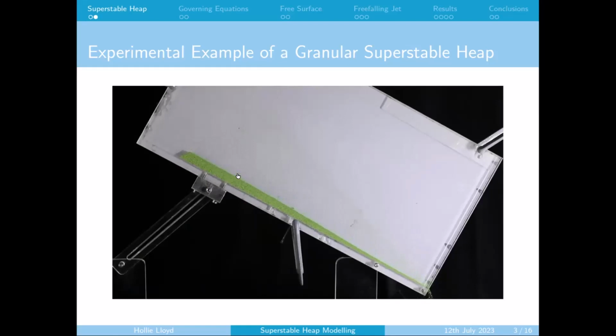So the reason that we've been interested in this system is that at the minute, nobody has been modeling the entire time-dependent physical system, because there's no analytical solution. And other numerical methods are just too computationally expensive to try and do something like this. So we wanted to see if we could do it with our continuum model. So to begin with,